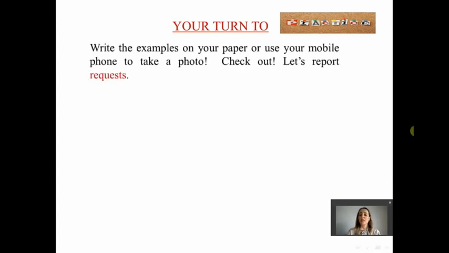Now, dear students, it's your turn to practice. You can write these examples on your paper or you can use your mobile phone to take a photo. Let's check your knowledge. Let's report requests.